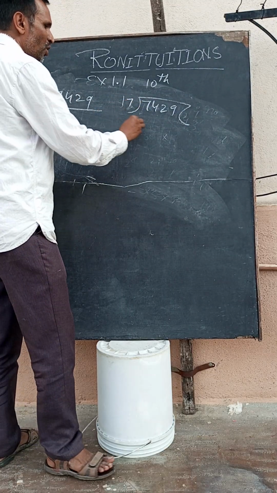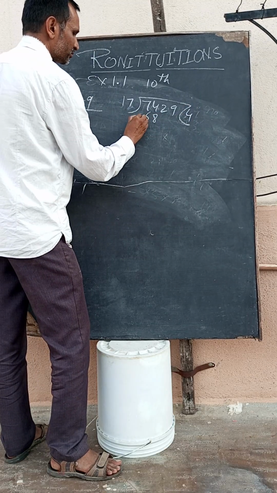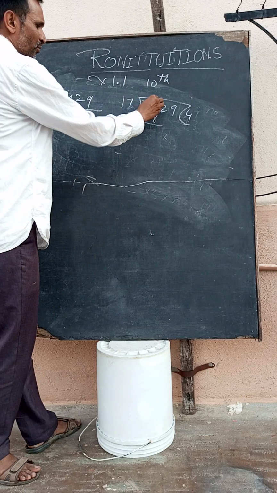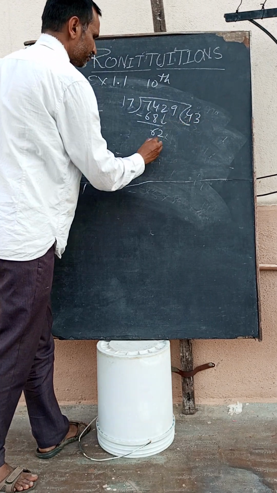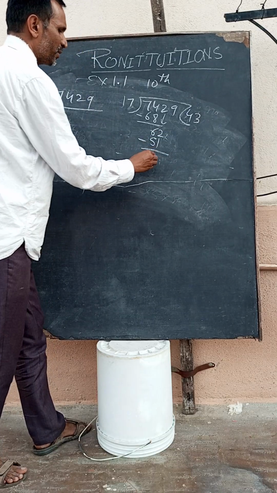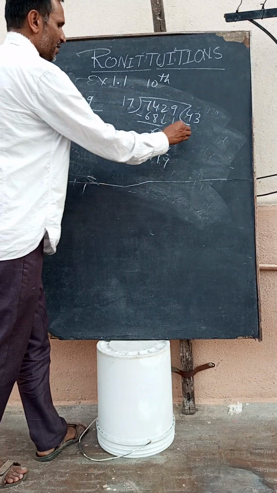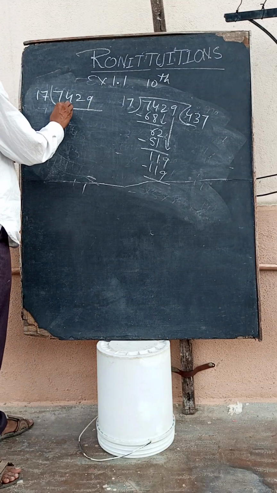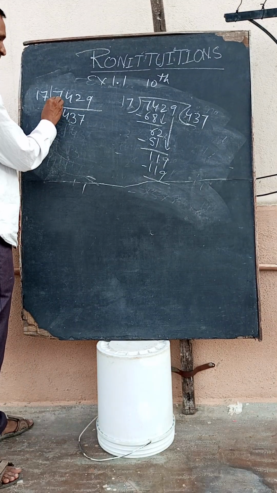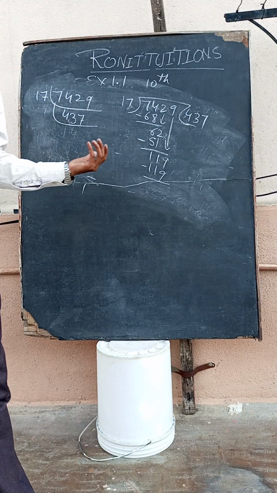17 4s are 68. Remainder 6 remaining. Drop down the 2, again it becomes 3 17s are 51. It will become 1, and then drop down the 9. Then 7 17s are 119. So the quotient is 437. And this number is also a product of two prime numbers,